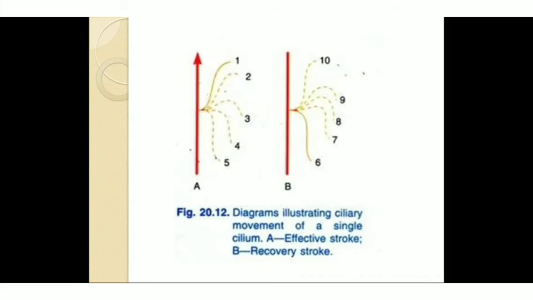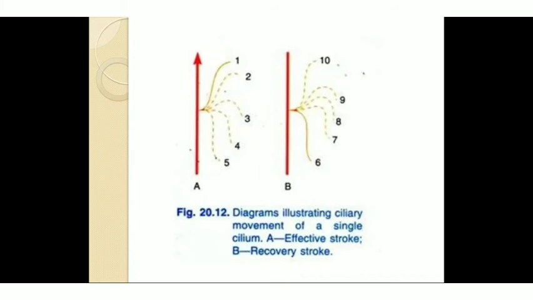When it reaches from position 1 to position 5, the cilia becomes stiffened and hard, and it gives a pressure to the body to go forward. Are you getting it? When it goes to the 5th position, the cilia becomes softer. Then we'll move to the next diagram, that is diagram B.